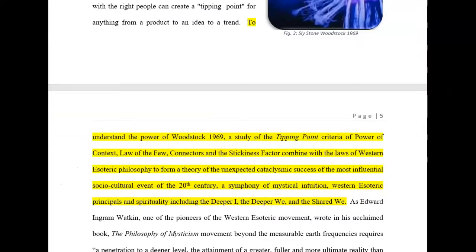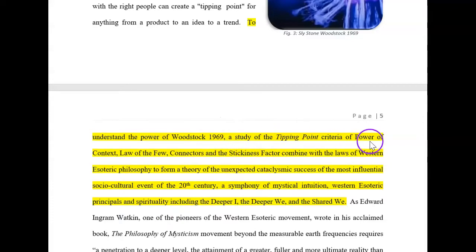One of the ways that I prove it was a success is by using The Tipping Point, which is a book that describes something that happens that absolutely goes crazy. It hits just crazy numbers. Like you see something on Twitter that all of a sudden goes viral or something like that. So this is like that, only bigger. And